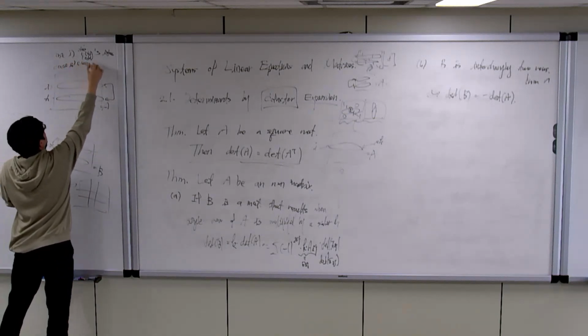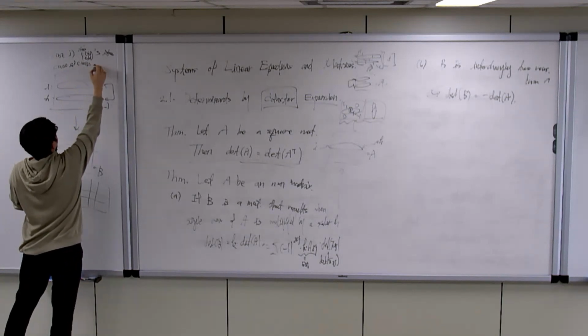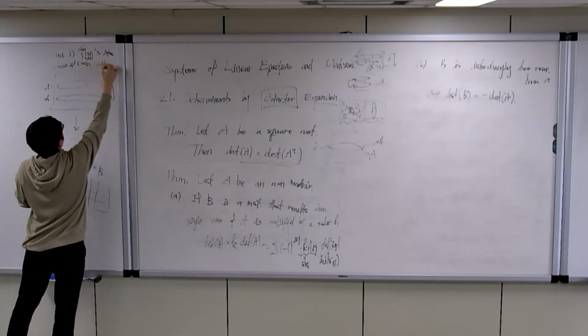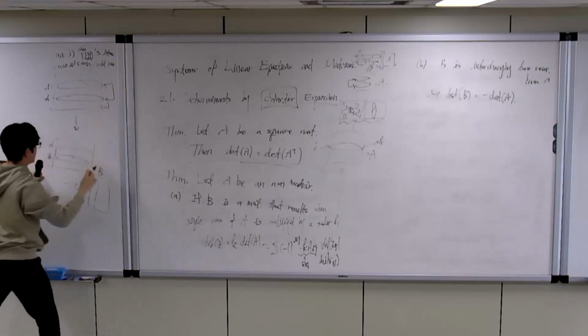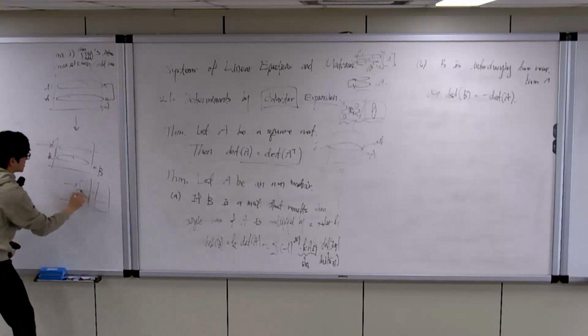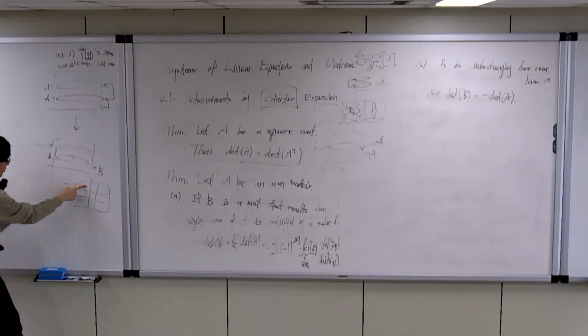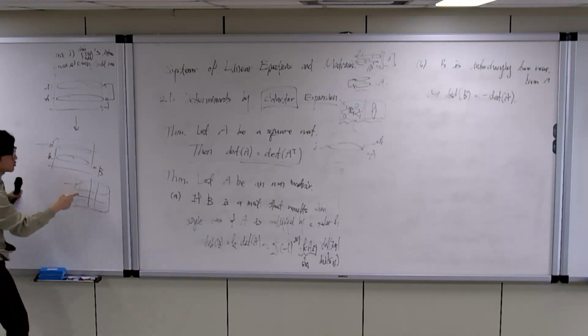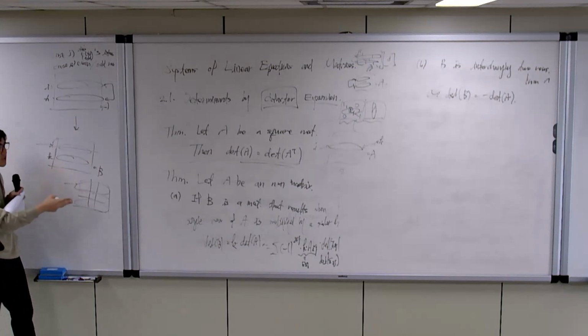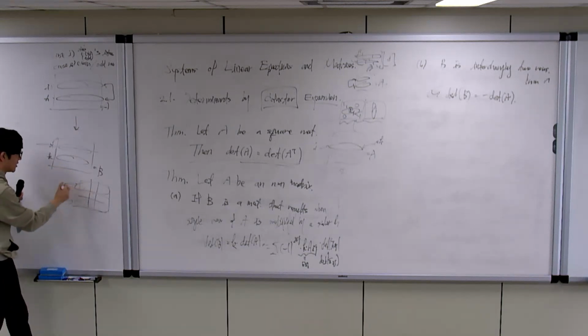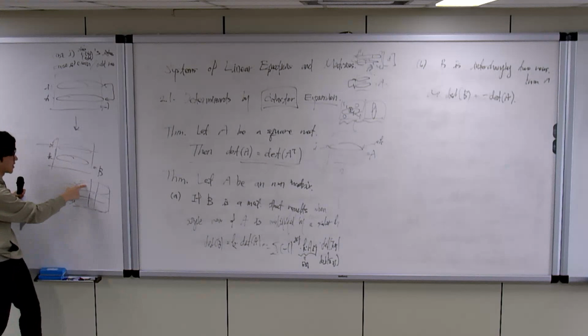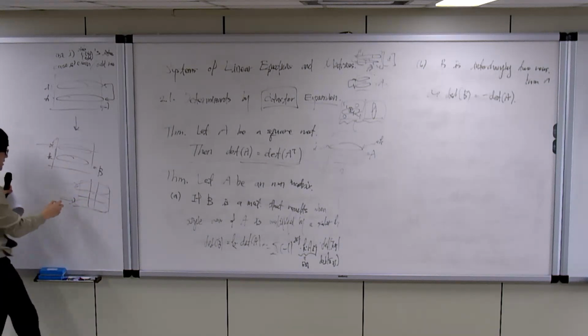Another case is changing an even and an odd row. So in this case, from the 3 by 3 matrix, if we choose the first and third row,